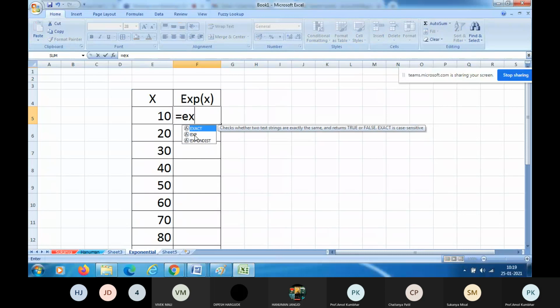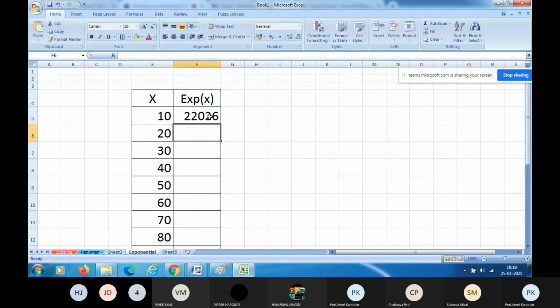Let us choose exponential. हमें चाहिए exponential. देखिए, this function exp returns e raised to the power of a given number. So let us double click on that function. You will have the function exp, and we are taking exponential of this number 10. So 10 is present in the cell E5. So E5 will appear. Close the bracket and press the enter key.